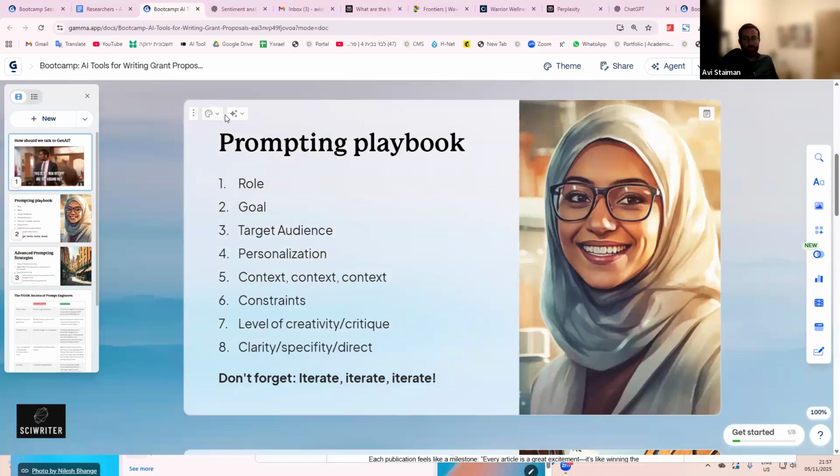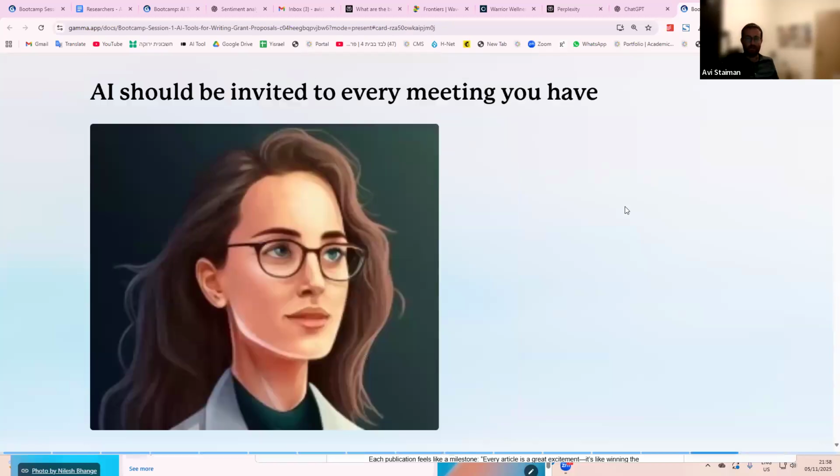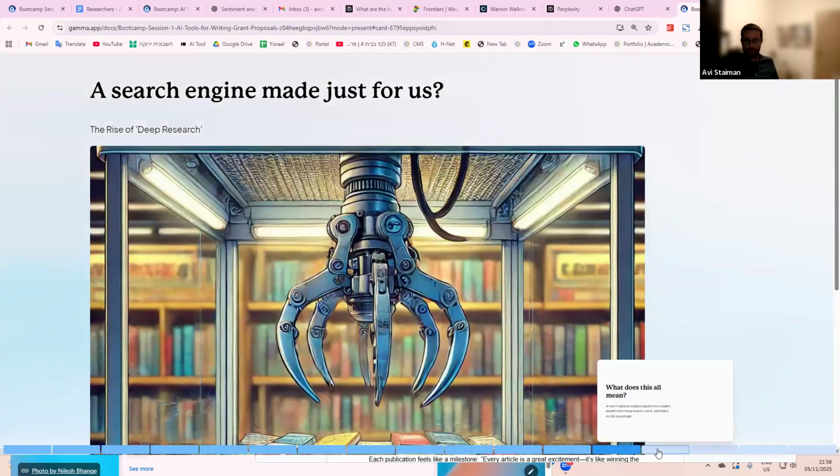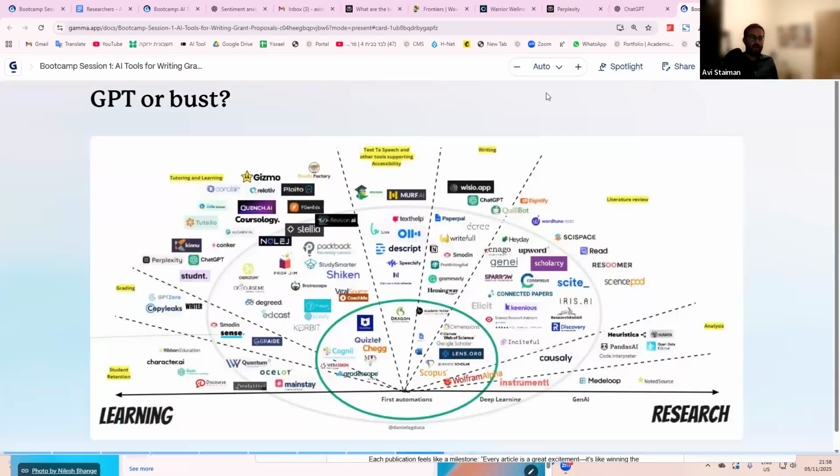So if you want to know more in depth how you write a really good prompt, how you make sure that prompt is robust and includes all the relevant information that you would need in order to answer, you can go ahead and click on that link. I'll also send it after, Darius, to you so that you can send it as a follow-up email to everybody so that they have all of the resources with them.